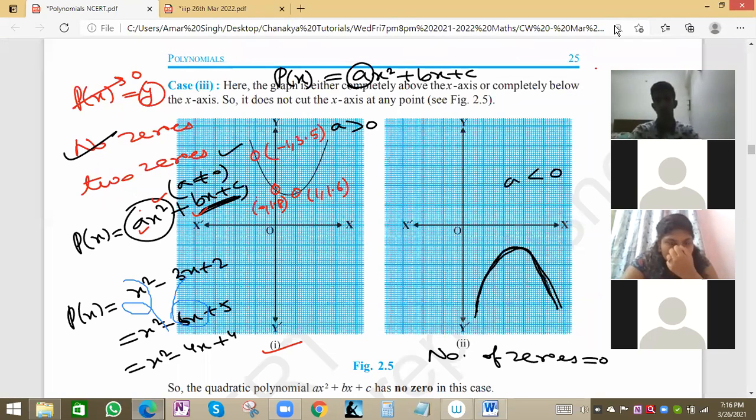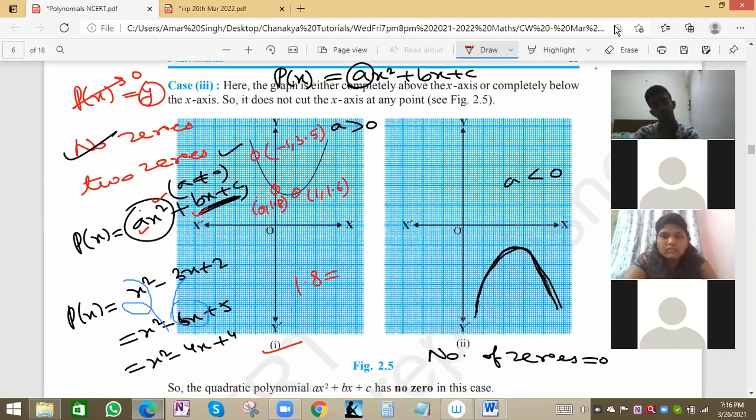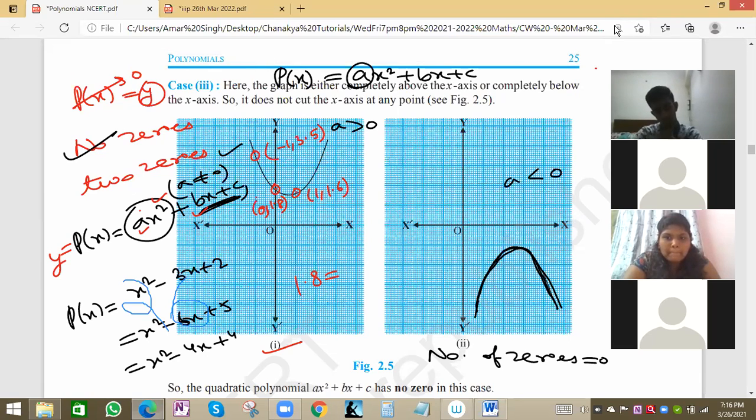So based on these three values we can now find the values of a, b, c, because these 3 points are on the parabola itself. So these 3 points will satisfy its equation. Suppose we take the first point 0 comma 1.8. So x is 0, and p(x) will be 1.8. p(x) is the y coordinate. p(x) means y always. So 0 comma 1.8 will satisfy.